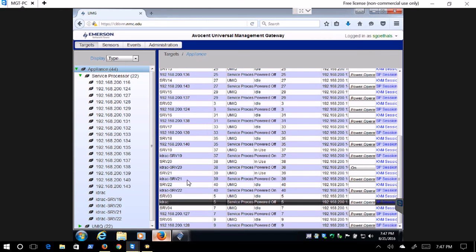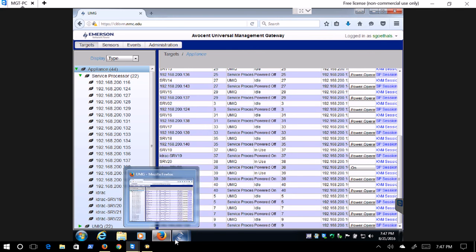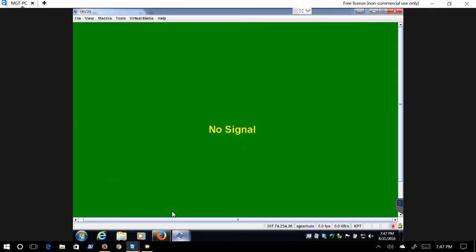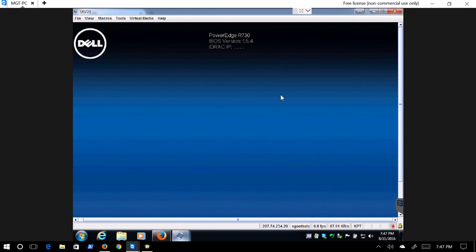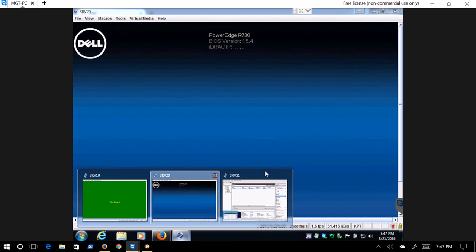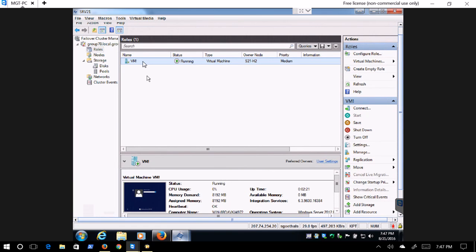And it's not going to happen instantaneously. This machine's got a lot of equipment in it, but we should see eventually here 20. Yeah, it's starting to boot this up. So it will boot up. It will reconnect to the cluster. Will it move the virtual machine back? No, not necessarily. What we would have to do is go into the actual virtual machine, and if we went